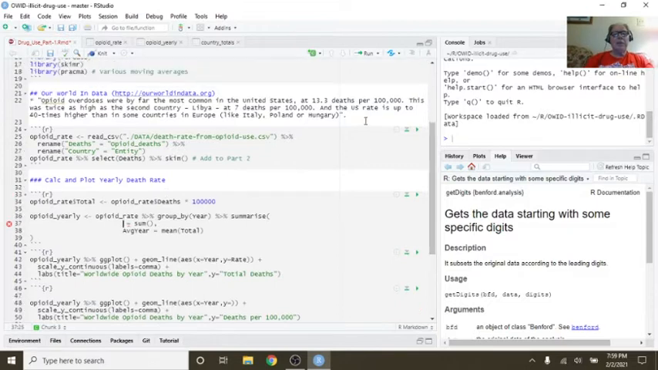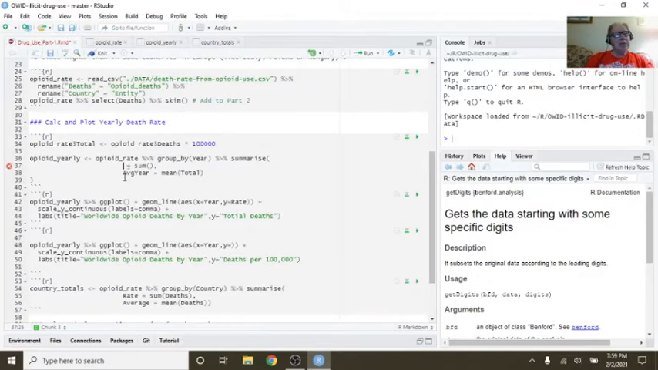Let's take a look up here first. Opioid overdoses were by far the most common in the United States, with 13.3 deaths per 100,000. Okay? So you can convert this 100 per thousand deaths here to its actual number. Now we could also take this death number here and say